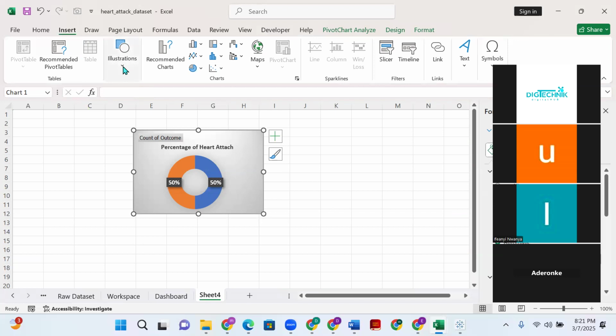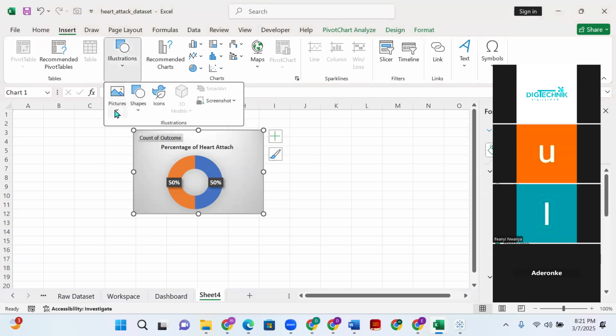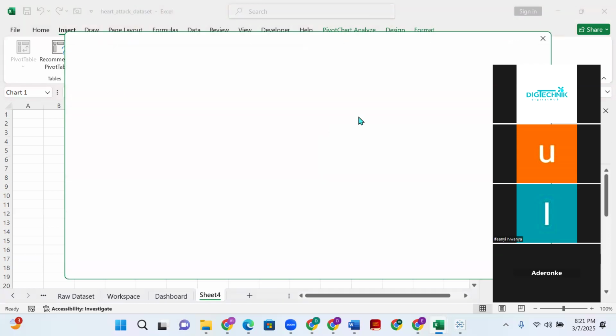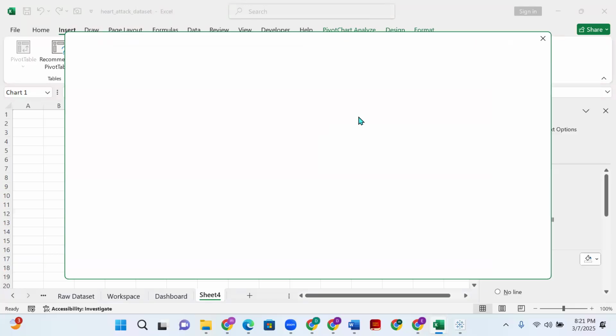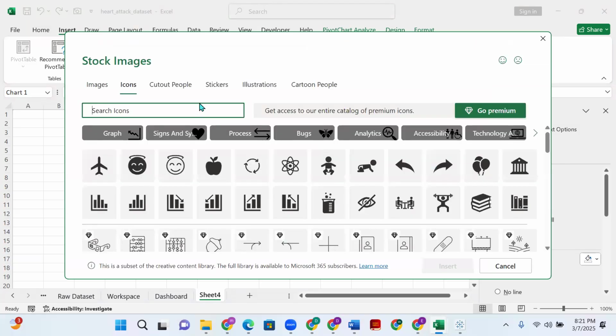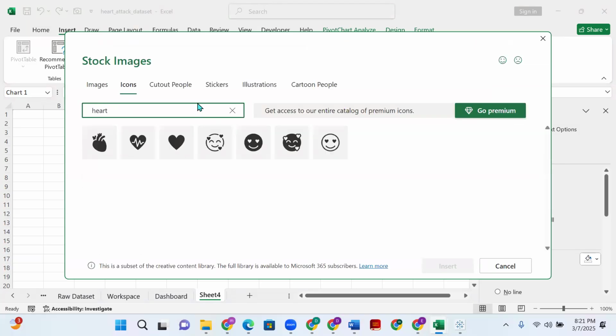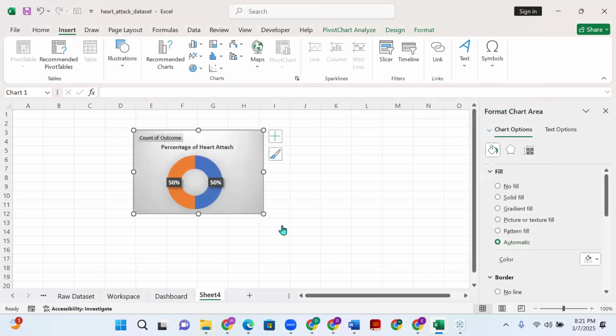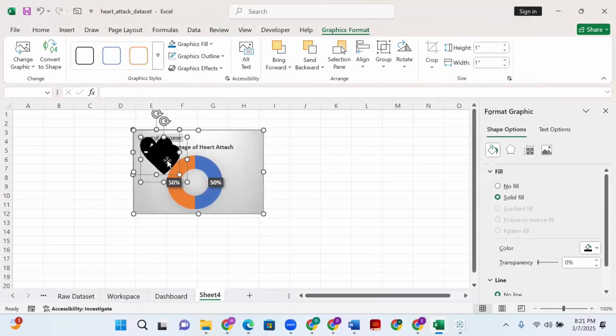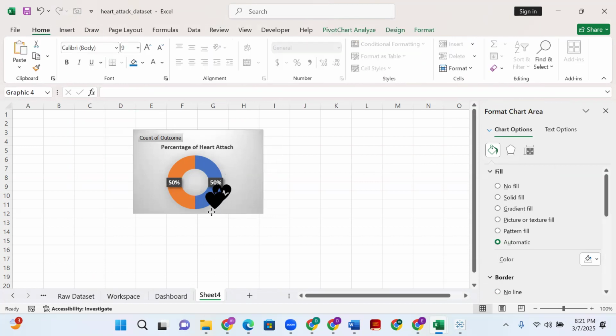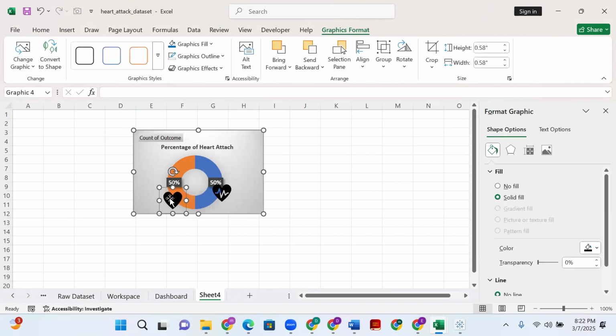Go to Insert, Illustration, Icons. So I can pick hearts. Search for heart. Pick this, and I pick this. So my two hearts are here. So no heart attack, that means the healthy heart,